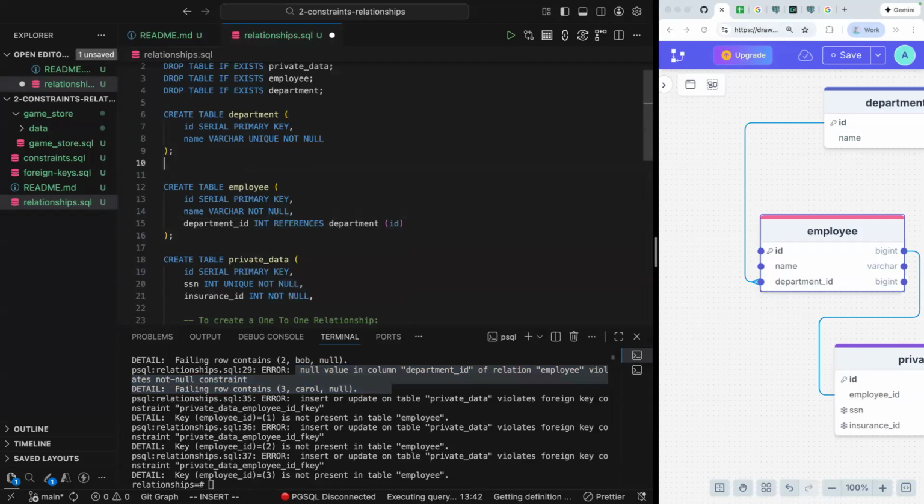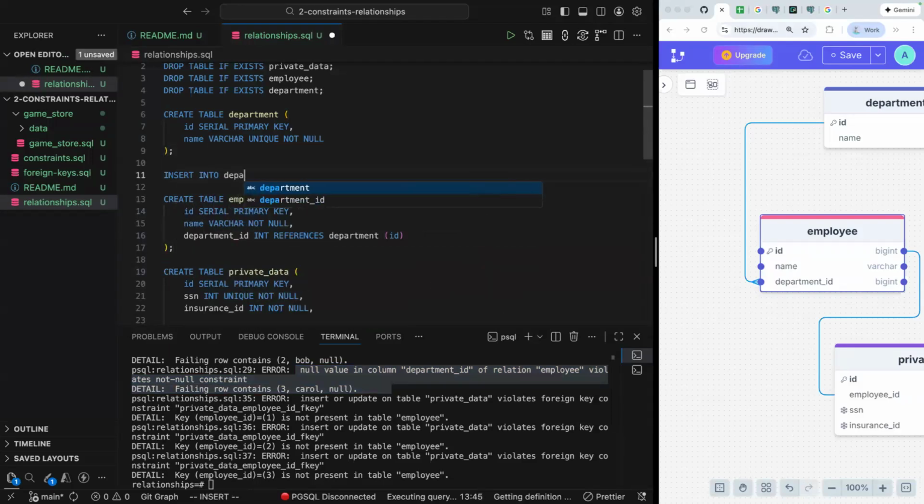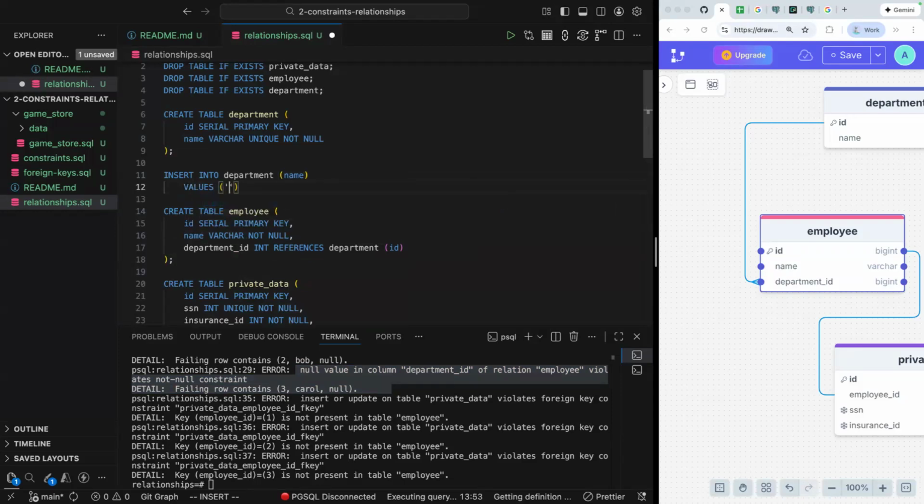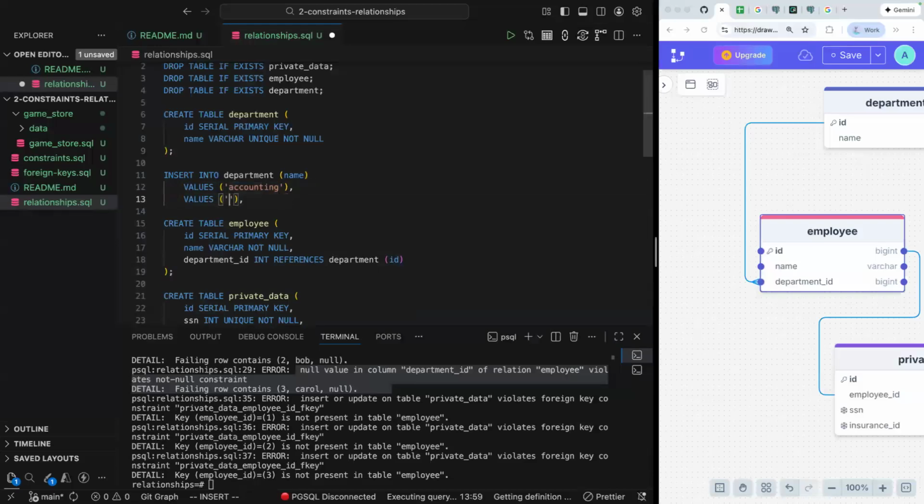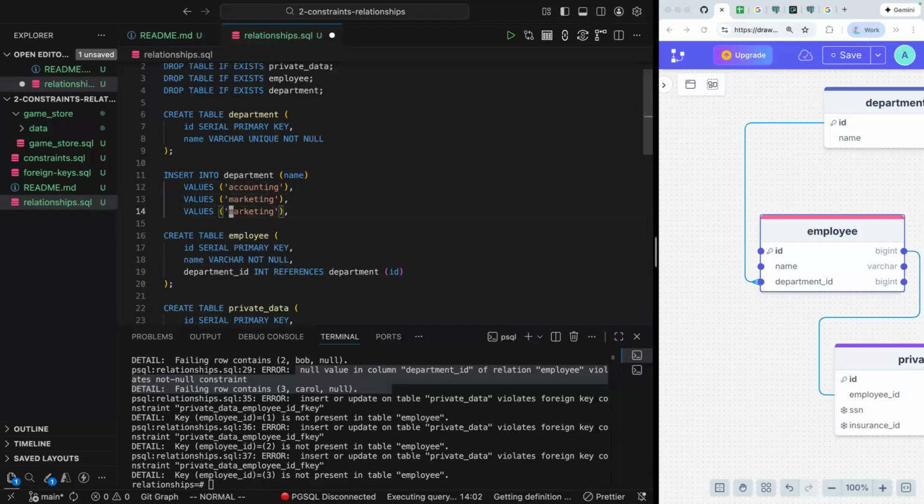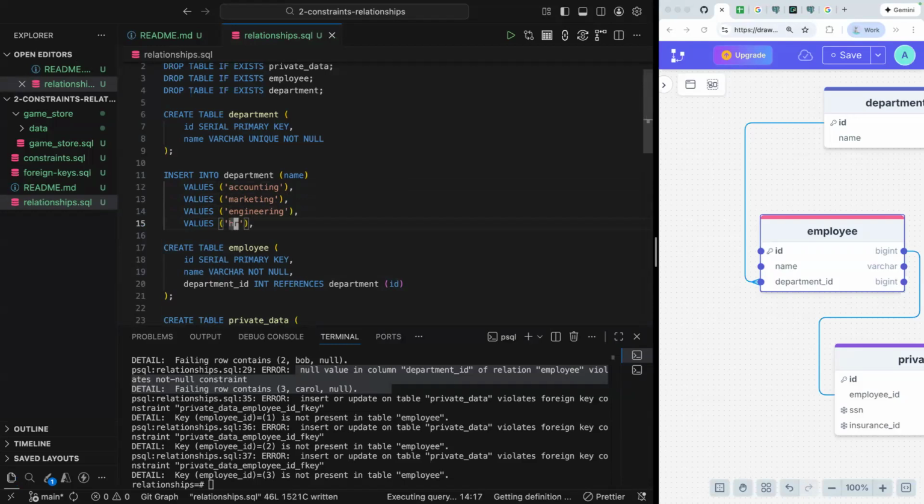And in fact, why don't we insert into department name, and let's insert a couple things. Let's have an accounting department. Let's have a marketing department. Let's have an engineering department. And let's just call it like HR. And maybe now